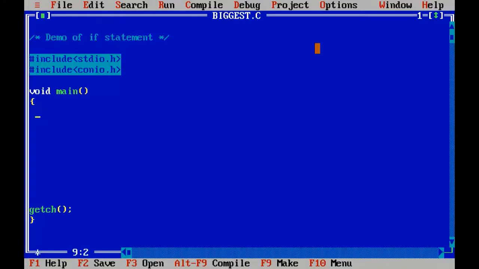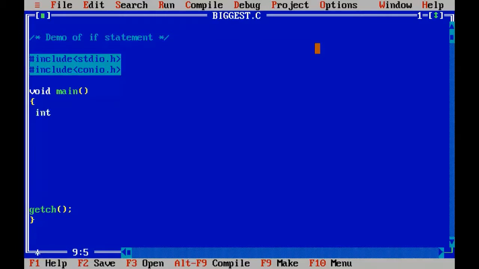So friends, in this program I'm going to show you how to find the biggest number among two numbers. For that I'm going to use the if statement, which compares both the numbers and finds the biggest of the two.